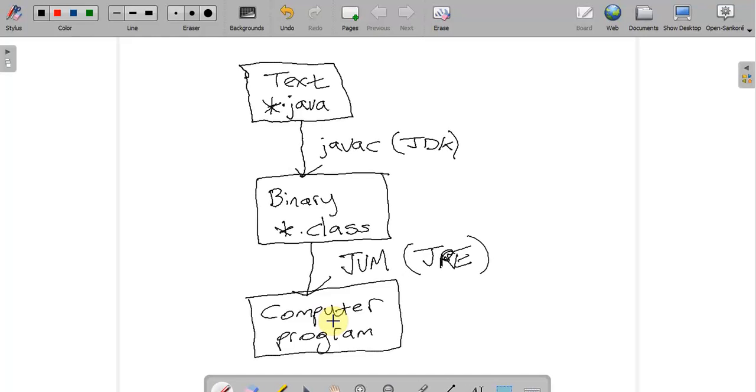You would use, let's say, the Android SDK to compile it. But the core language will be the same. So the kind of language of Java is the same